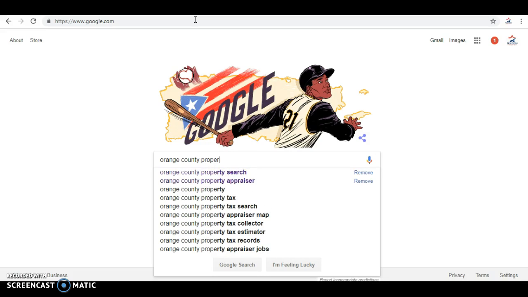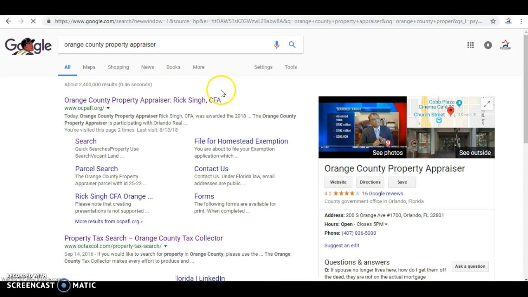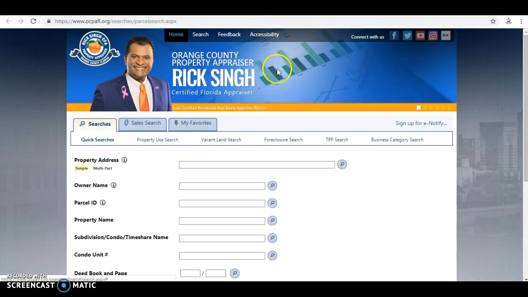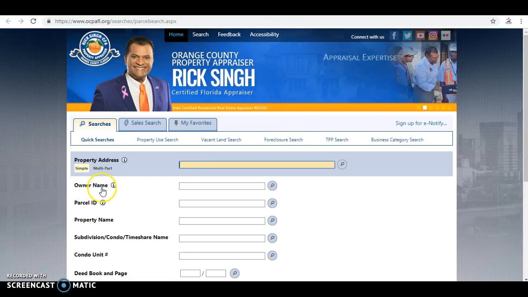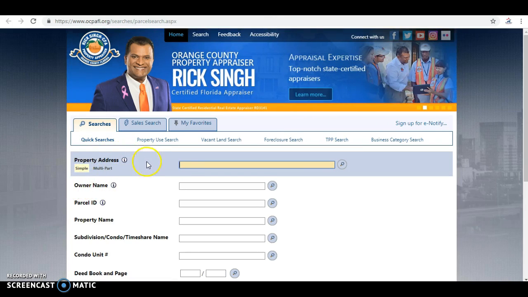Website in order to look up these properties. So Orange County property appraiser, then I'm going to go to search. All right, then it's going to take me to this page, and I'm going to put in the property address, or you can put in the owner's name. But what I like to do from the start, I like to put in the property address,